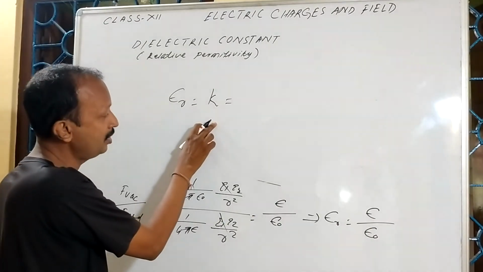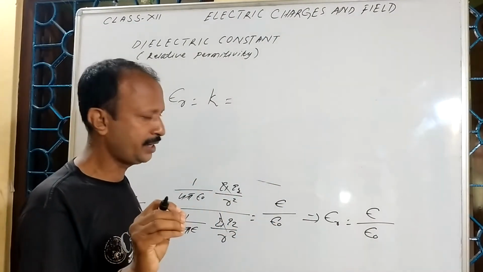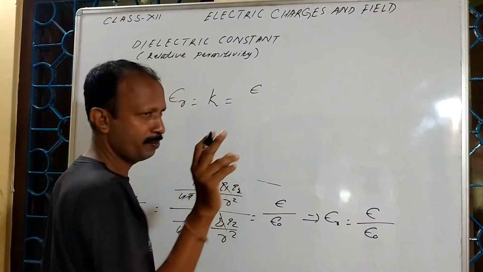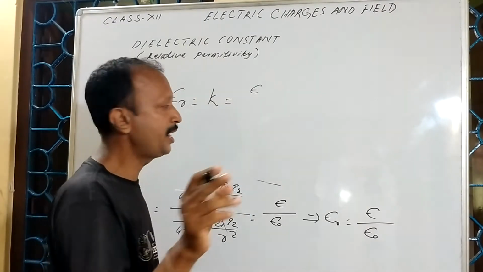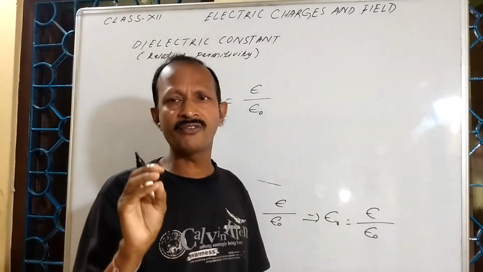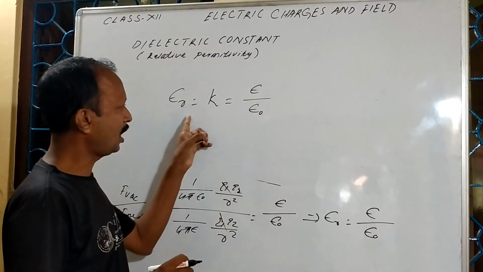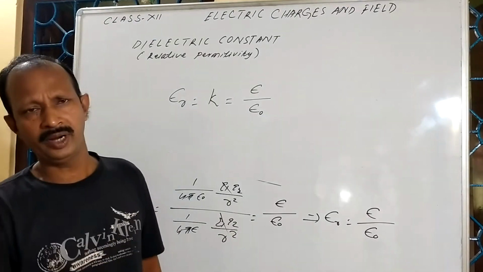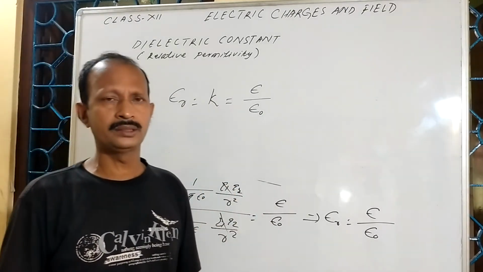K stands for relative permittivity, or it is called the dielectric constant. So it is the ratio between the permittivity of the medium to the permittivity of the free space. So dielectric constant is the ratio between these two things, or another way I can say that dielectric constant is